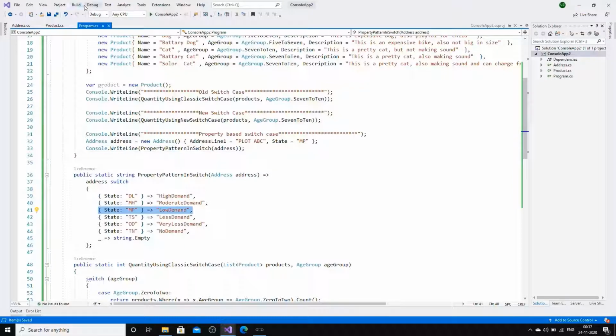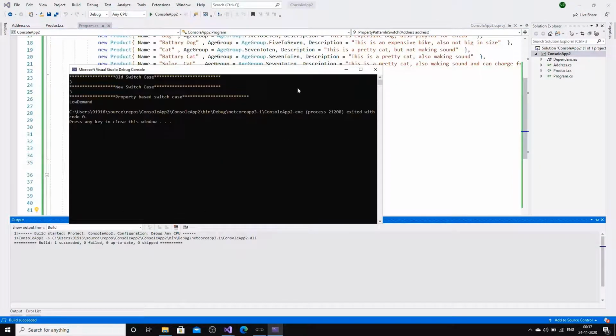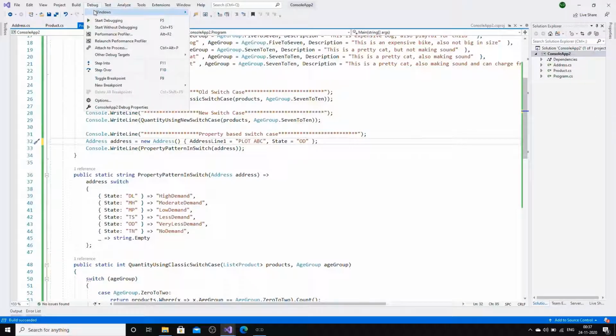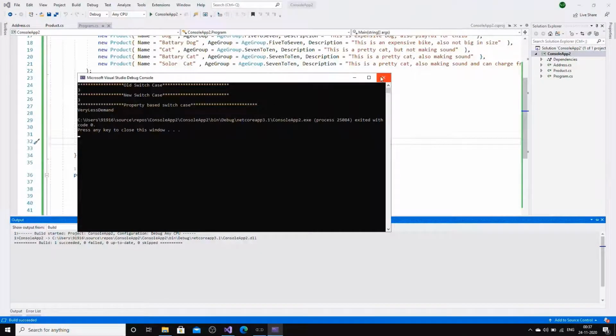It should print low demand. So you can see here it's a low demand. Now I will go and change this state value to OD, and in this case it should print very less demand. So that is there.